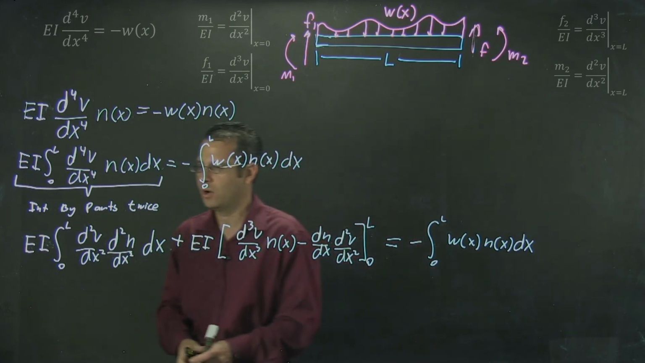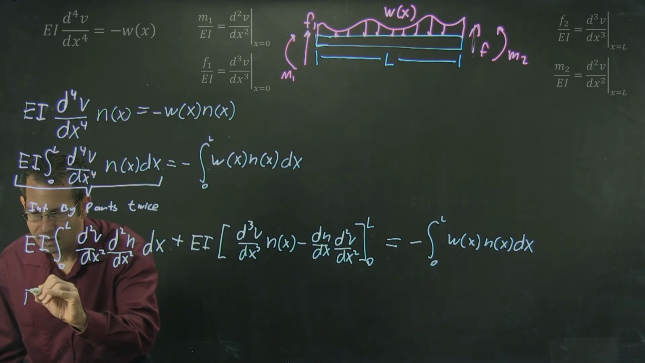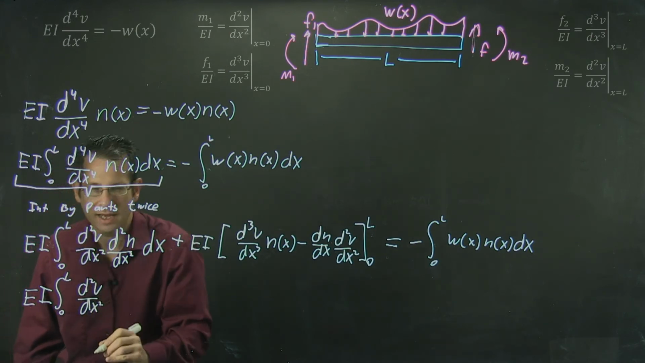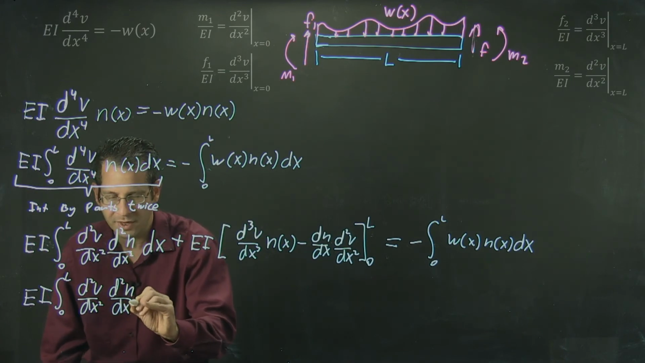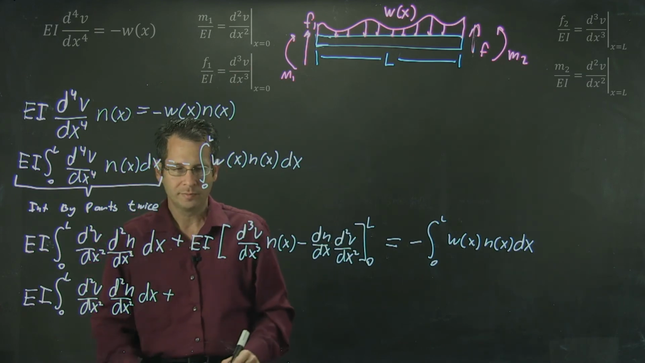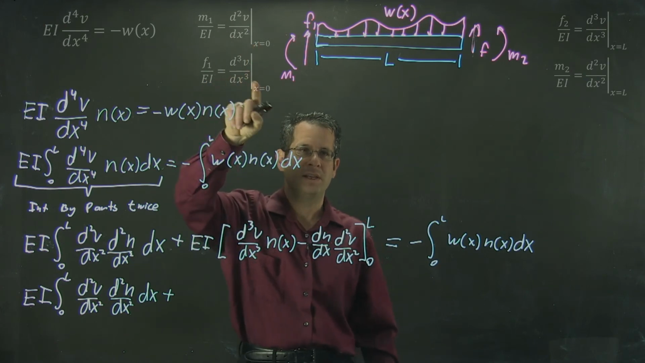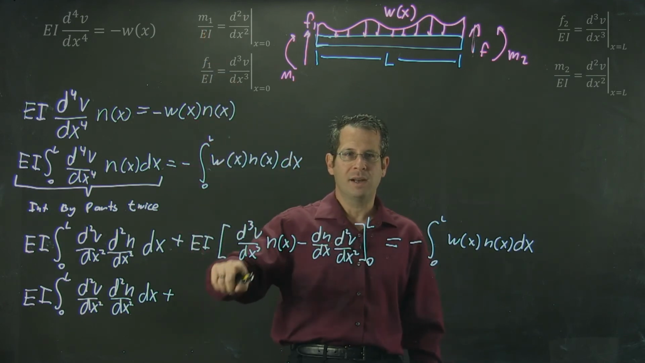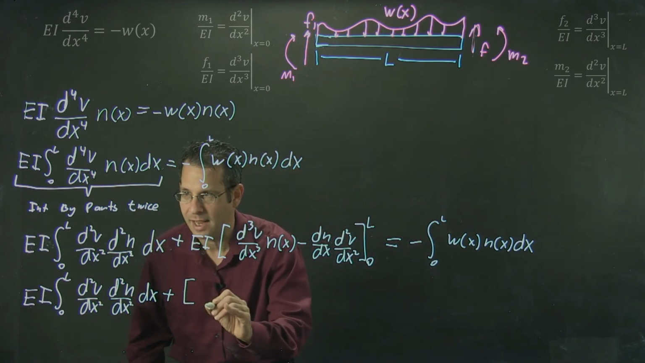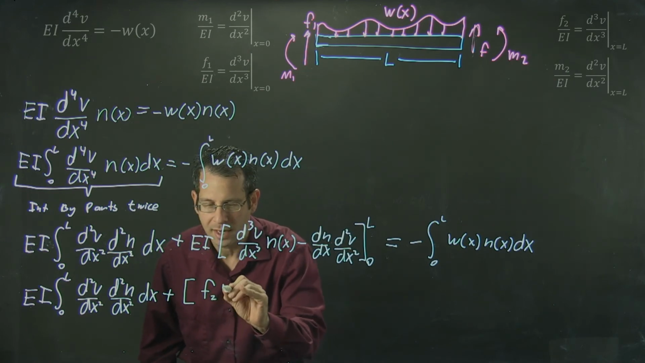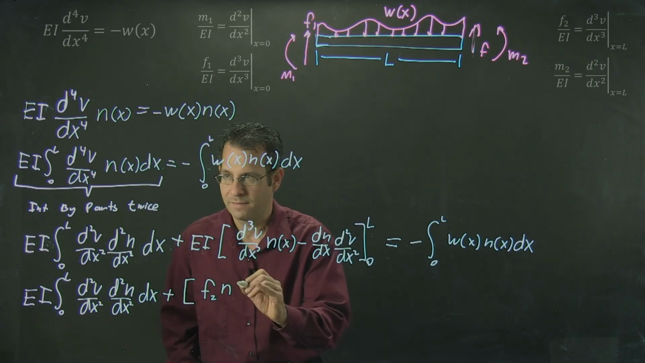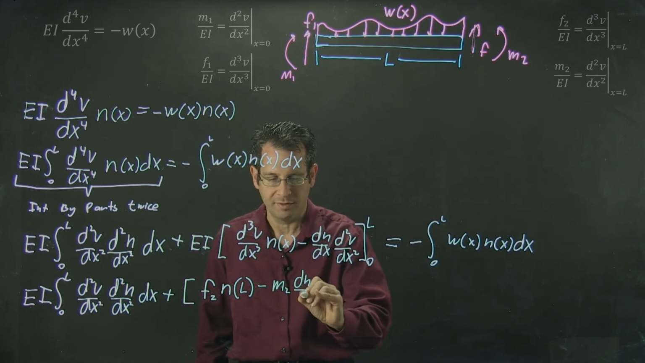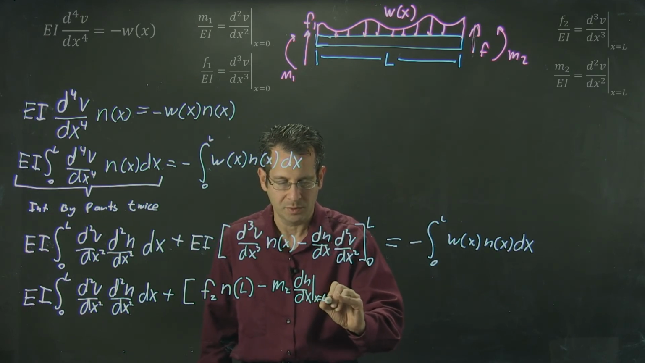Let me go ahead and do that now. I'll rewrite the entire equation, and I will get EI times the integral from 0 to L of the second derivative of v with respect to x times the second derivative of n, our virtual function, with respect to x, dx, plus I have an EI out here. You'll notice in all of these terms with the derivative, I have an EI in the denominator, so that will cancel out with that EI, and what I'm going to get is terms like the boundary value, the force at node 2 times my virtual function evaluated at L, minus M2 times the derivative of my virtual function evaluated at x equals L,